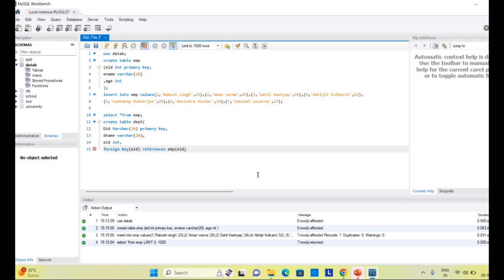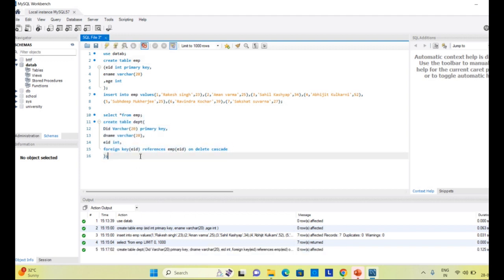The first method is that I define the delete cascade at the time of creation of the child table. So here I am using this method. I just write foreign key EID references EMP EID, and I will write on delete cascade. After writing this, I close the bracket and run the query, and you can see that my table is created, and my delete cascade rule is applicable.